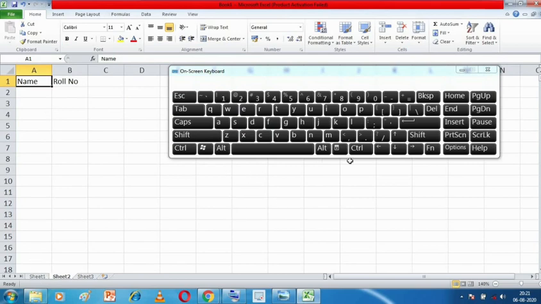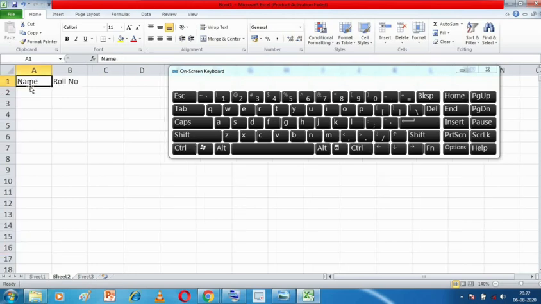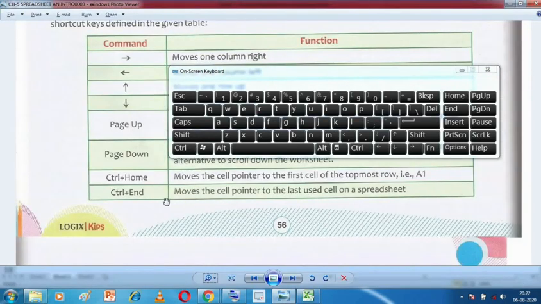1288, right? Yes. So let's go to that cell again quickly and type something else in that cell, because I have just used it. So this is my 1288 cell. Suppose I am typing over here MS Excel. Now this has become my last used cell. I will quickly press Control plus Home to go to the first cell, and now I want to come to the last used cell. Move the cell pointer to the last used cell.